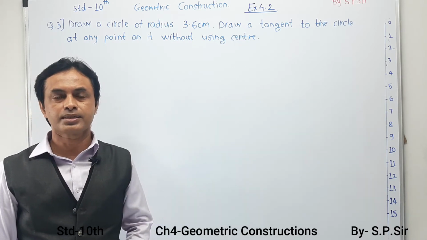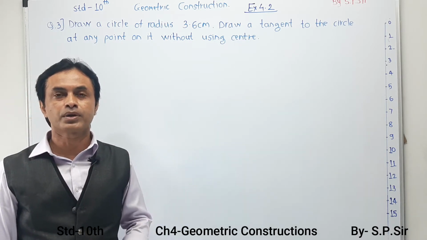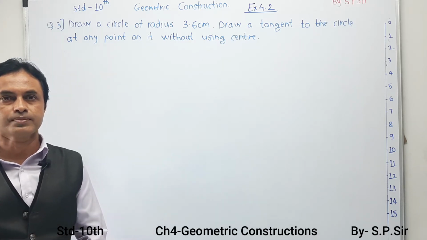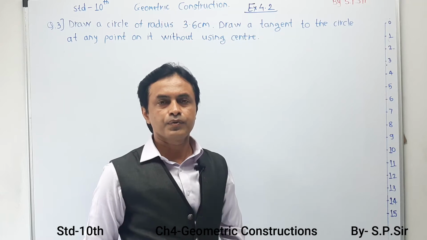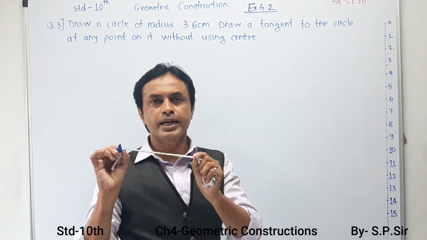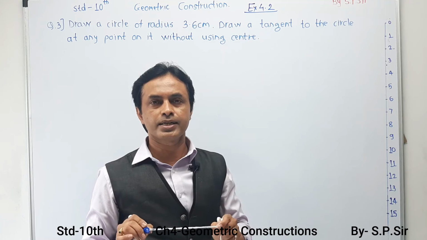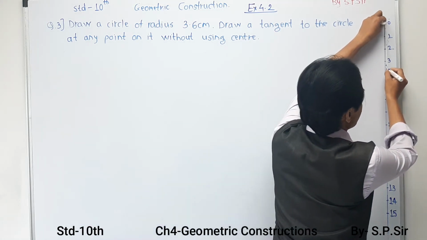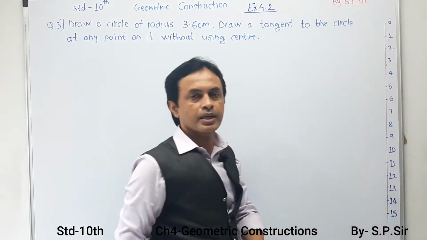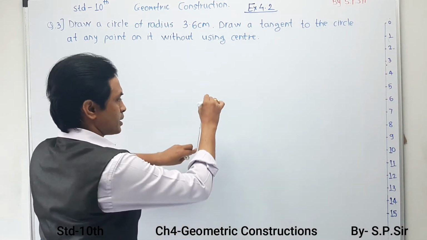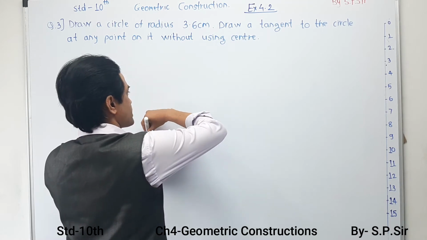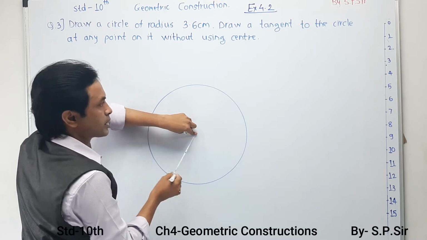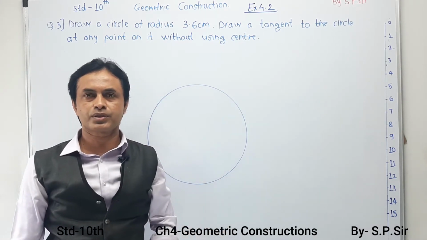It means in this case we are going to draw a circle, but we have to consider that we don't know the center or central position. Now we have to use a compass with a pointed head and pencil head, and we have to take a radius of 3.6 centimeter from my scale. I am going to draw a circle over here. So I have taken a point over here, and first I am going to draw a circle of radius 3.6 centimeter, and this is the first step of your construction.